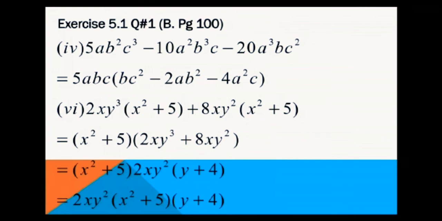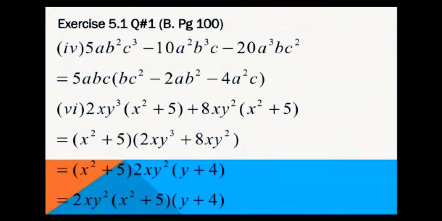So you will take out the lowest power. The lowest power is a, b and c. So 5abc will be common, come out, and in the bracket will be b c square, because 5abc will be taken out. So left over is b c square. b square means b was having power 2, so when you have taken b as common, 1 is left over. Same, c cube was there, when you have taken c as common, c square will be left, same as it is in the second term.